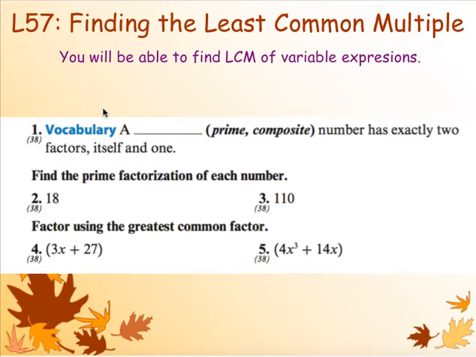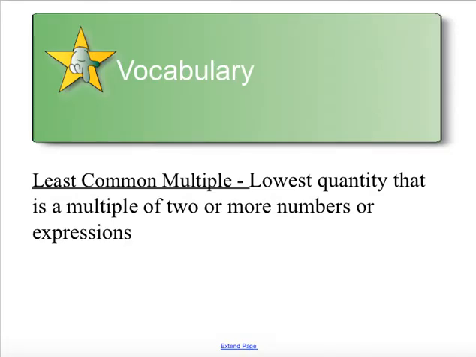Algebra 1, Lesson 57, we are finding the least common multiple of variable expressions. Now first, the least common multiple, we call this the lowest quantity that is a multiple of two or more numbers or expressions. So for example, if we were looking at numbers like 3 and 4,